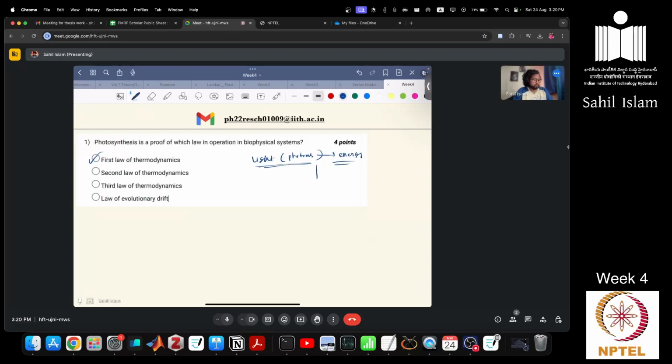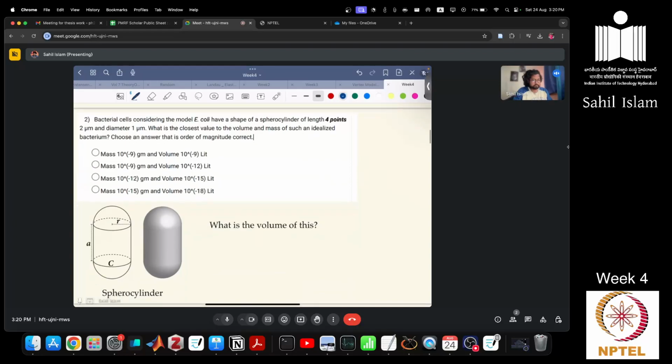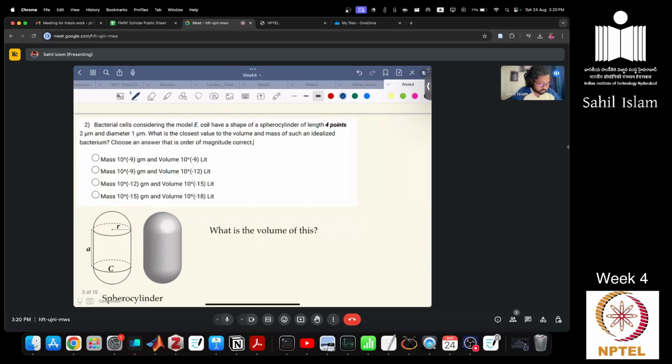This gets converted to chemical energy and stored in leaves. So this is the first law of thermodynamics, which says that energy will be converted from one form of energy to another form of energy. So question number 2 is